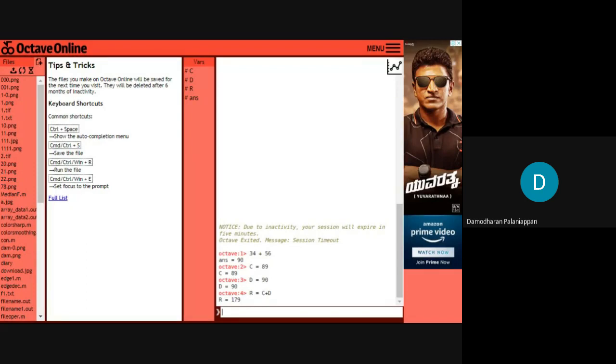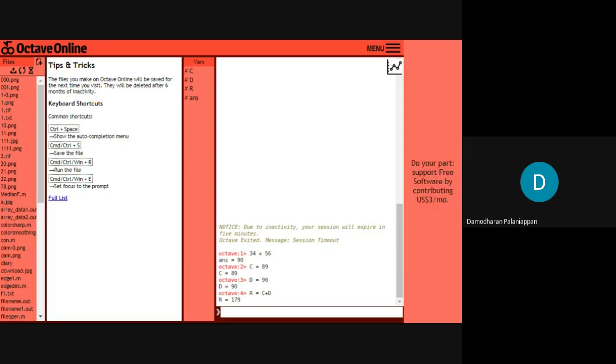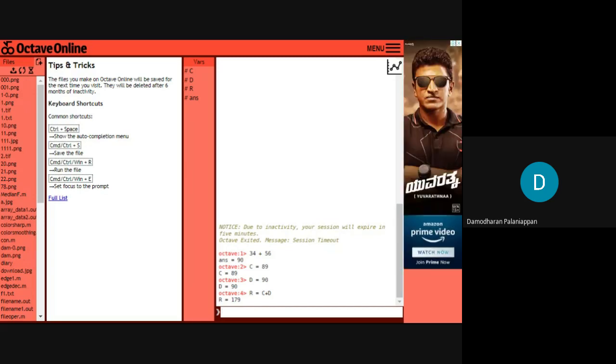This Octave can be executed in two different modes. One is implicit mode, another one is explicit mode. Explicit means we give the command, it is executed, the output will be displayed, and only then do we go for the next prompt. If it is implicit, it will execute the command, but the result will not be displayed. Here, the commands we are working with are explicit, meaning we give the statement, it is executed, the output is displayed, then only we go for the next prompt.